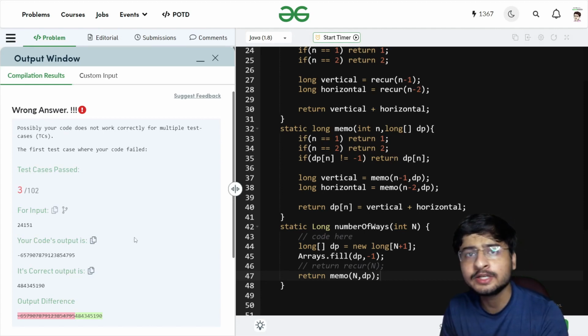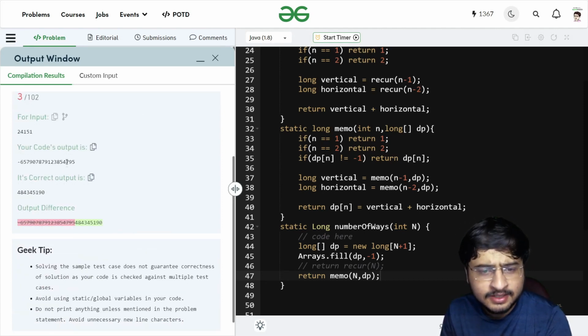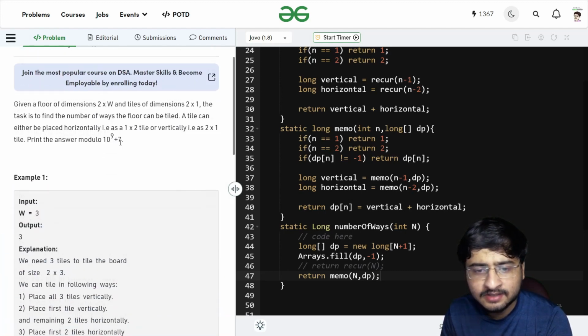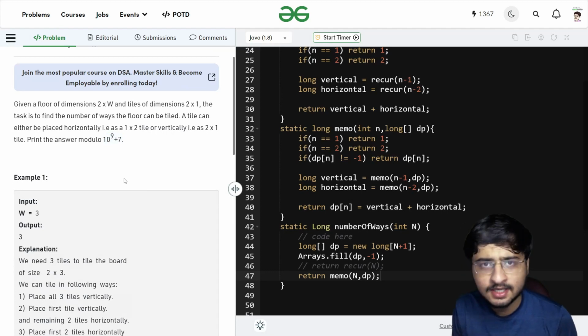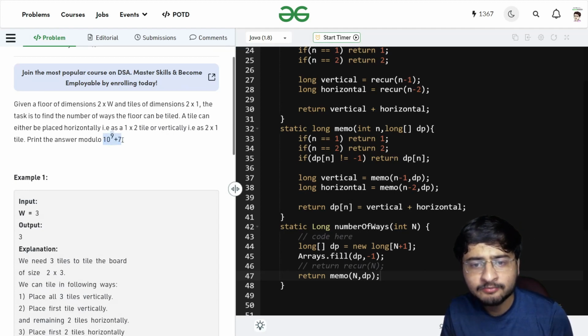It's not getting submitted due to any time limit exceeded. It is getting submitted due to some out of bounds, integer out of bounds, something like that is happening, right? And that is why they are giving us this 10 to the power 9 plus 7, right? Whenever integers are going out of bounds, we try to mod it with a big prime number. This is a prime number, right? So I am trying to mod it with a big prime number so that it cycles back to a positive